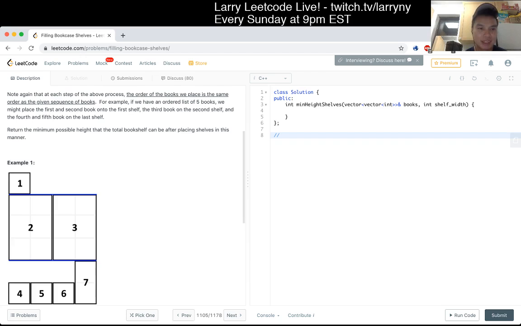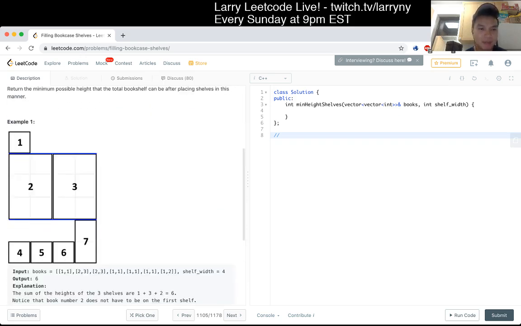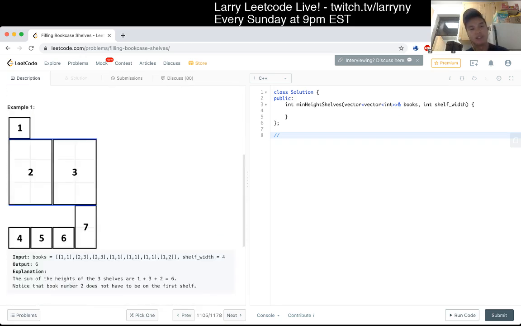Maybe it's dynamic programming. Actually, it's a shortest path problem, which would be interesting to look at, because in this case you have an edge from 1 to say 3, and the cost of that depends on